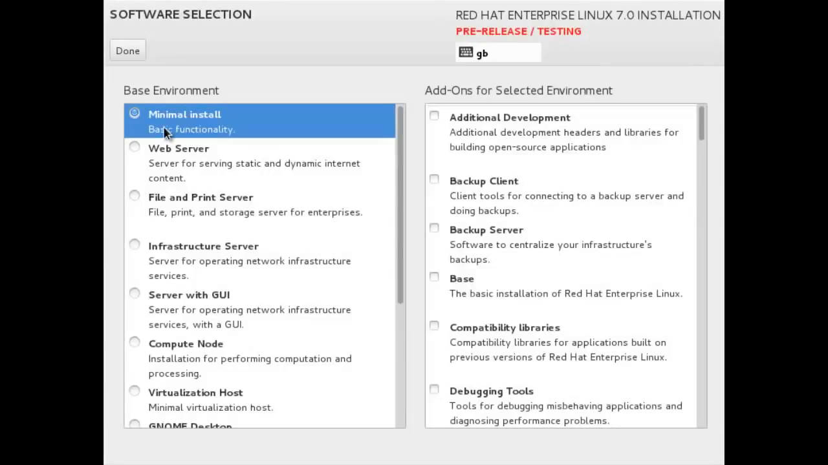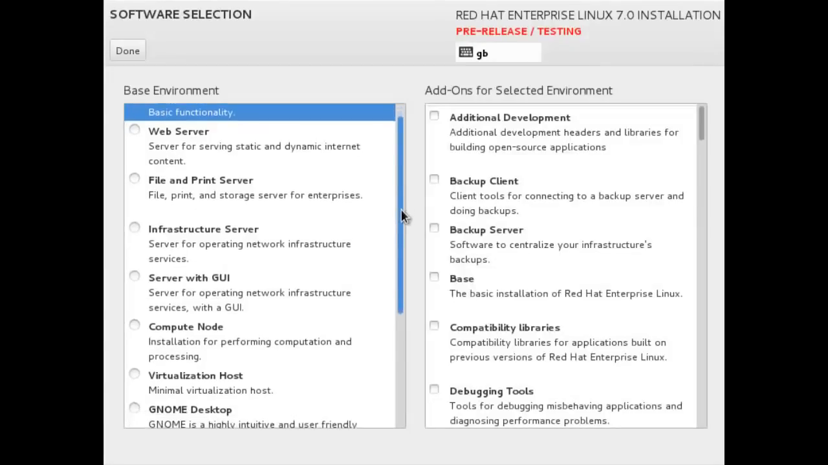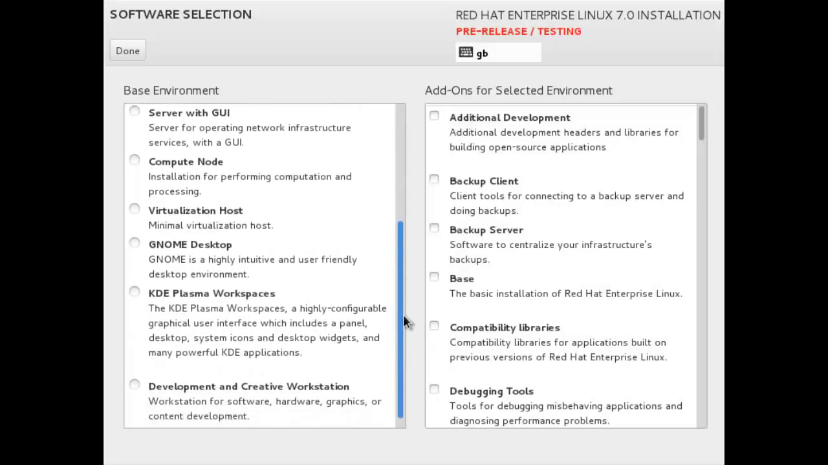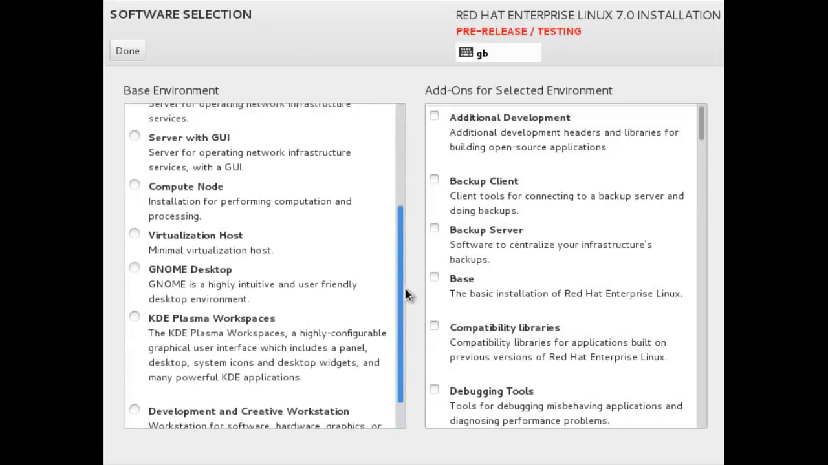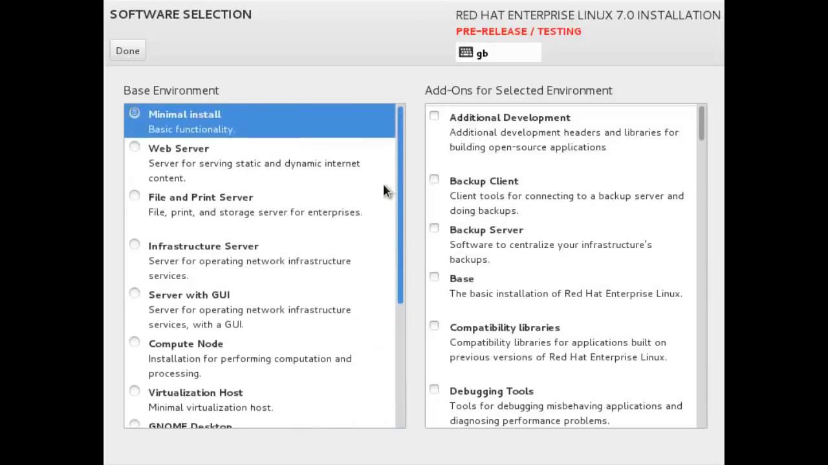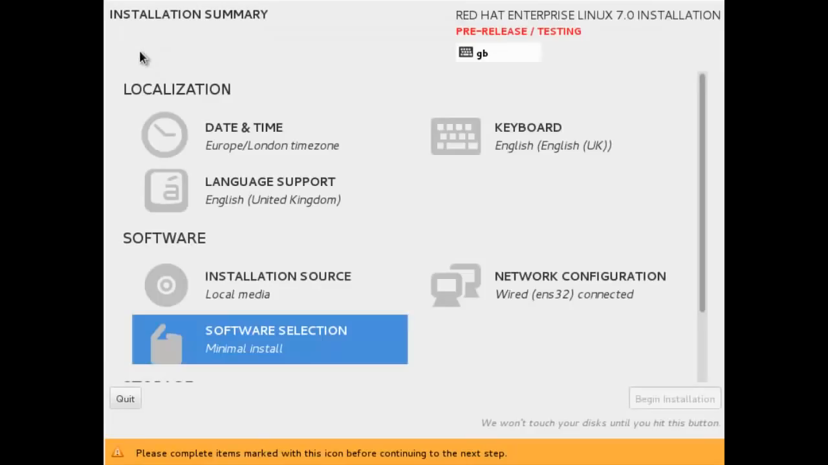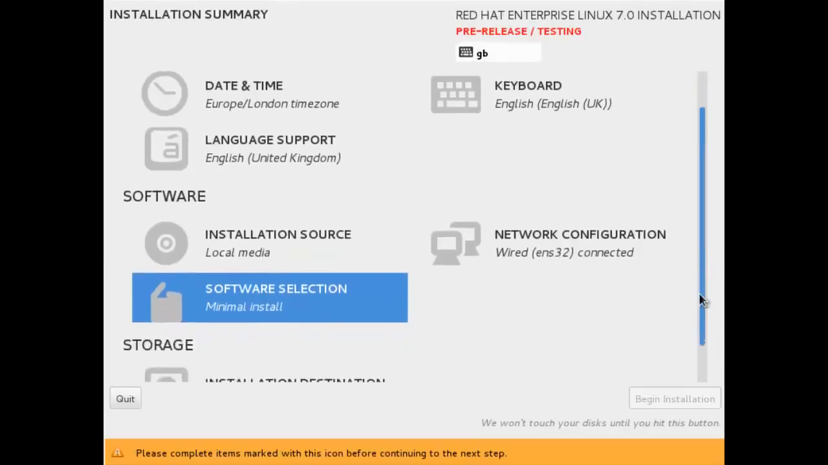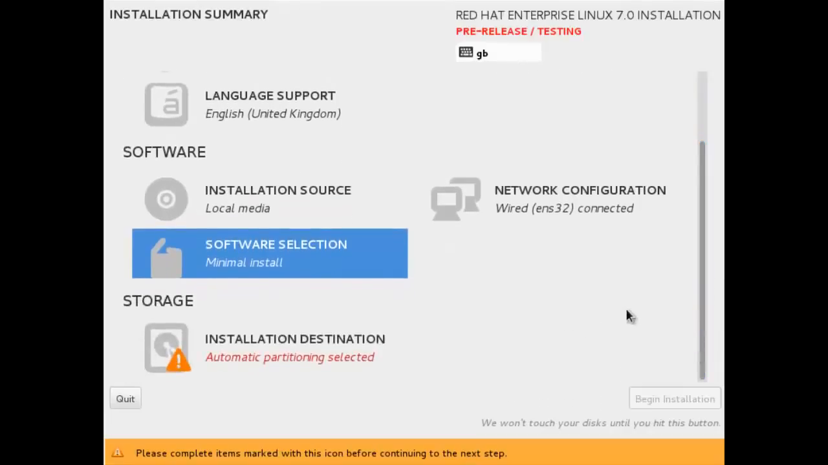By default it's a minimal server install, and I'm just going to keep with minimal, but we could pick a server with a GUI, virtualization host, or a full desktop product. And of course on the right hand side we could then choose more individual lumps rather than the package groups of software. I'm leaving the networking as is, and if we move down to the storage, we can go in and verify